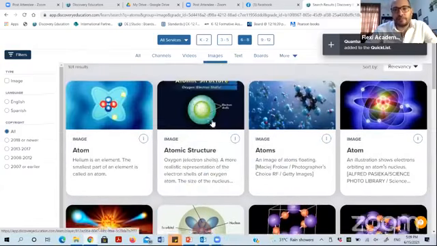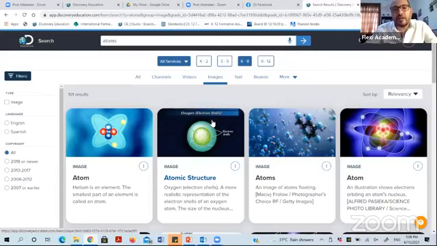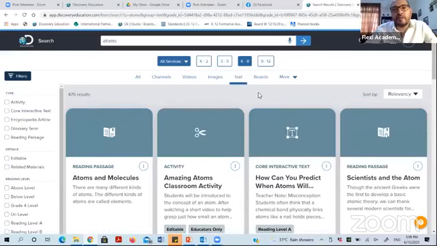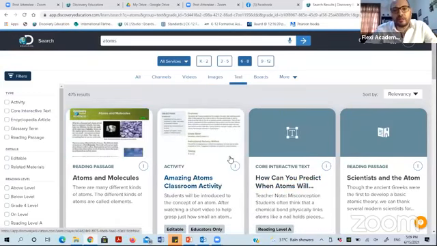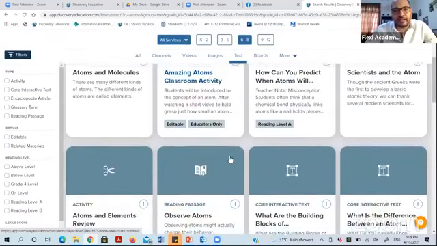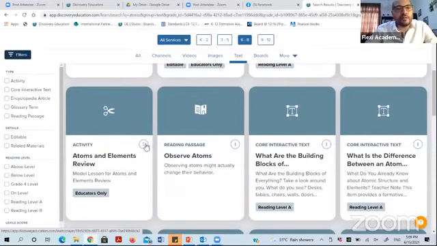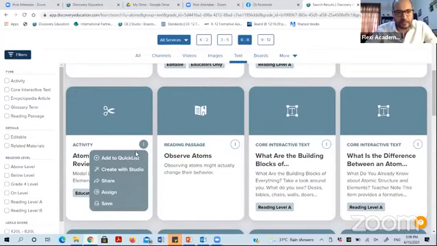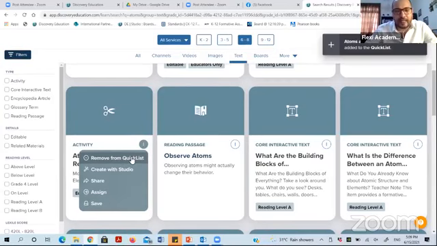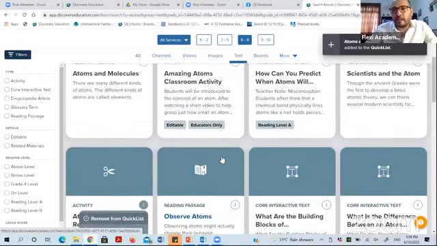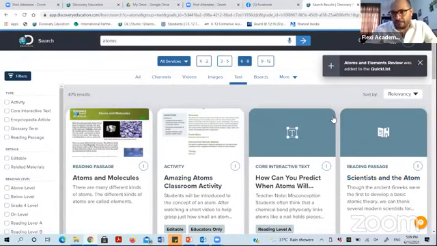and so on. But also the teacher wants that student to read something about the atoms, so that those types of students are going to also read some articles or some activity articles like these, and the teacher is going to choose an activity like that out of these hundreds of activity resources to read, add to quick list as well. So that when we go here, excuse me,